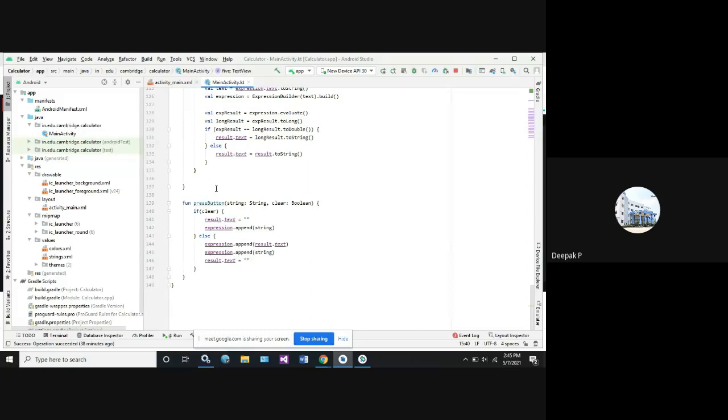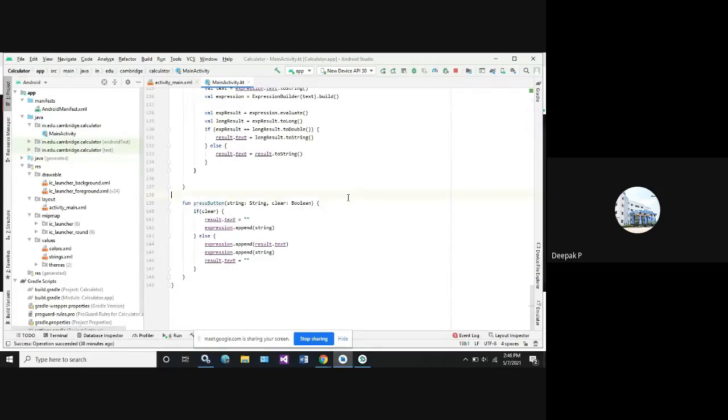Okay, so now once you click on the keys, that content will be loaded as a string first. So when I press 1, it takes that 1 as a string data. Okay. Next, clear is equal to boolean. So this is the second part where when I click on clear button, it removes the value. So boolean means either true or false values will be loaded.